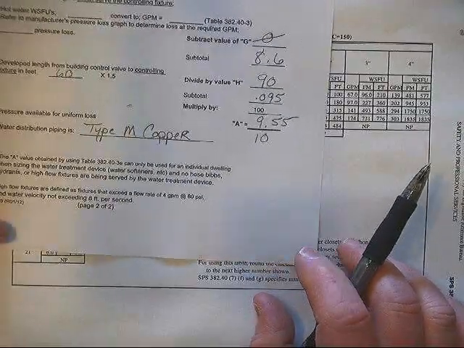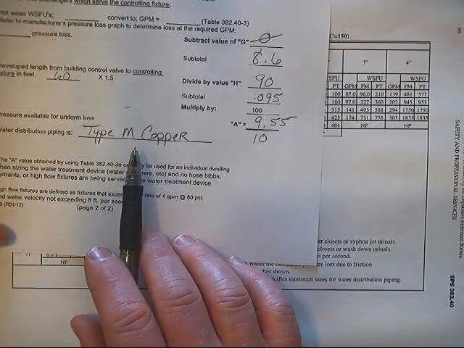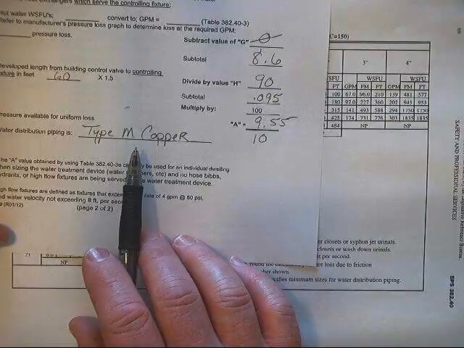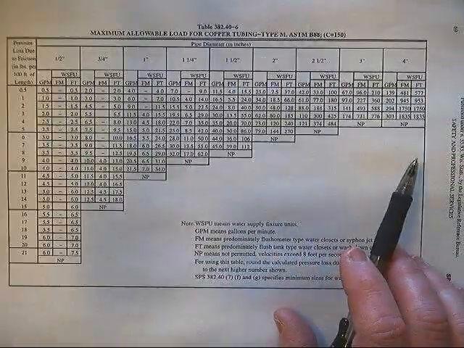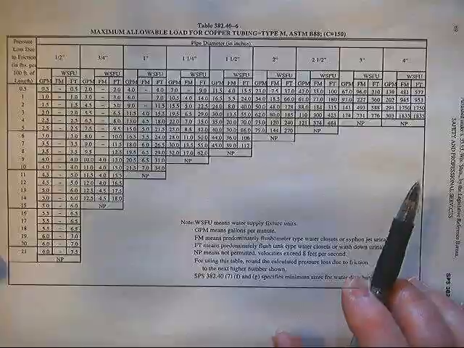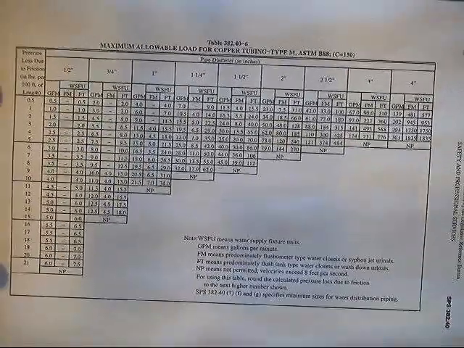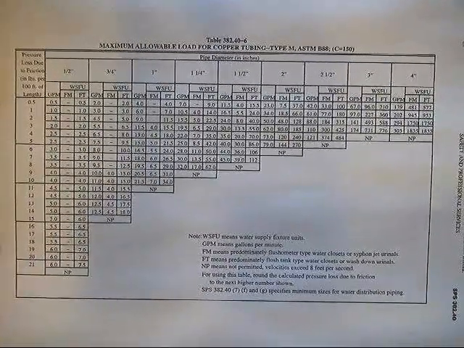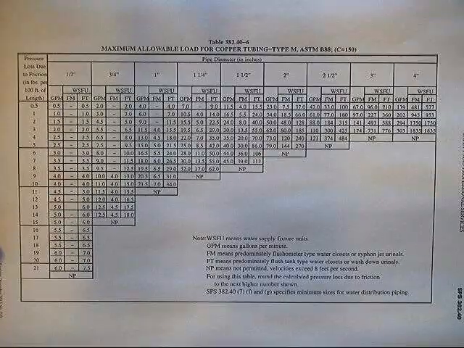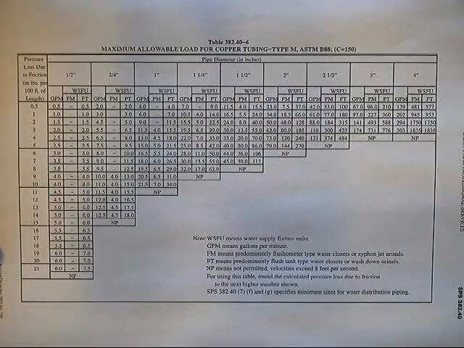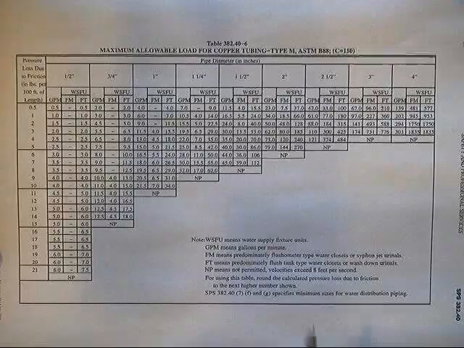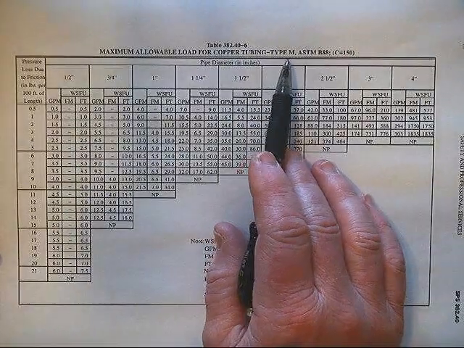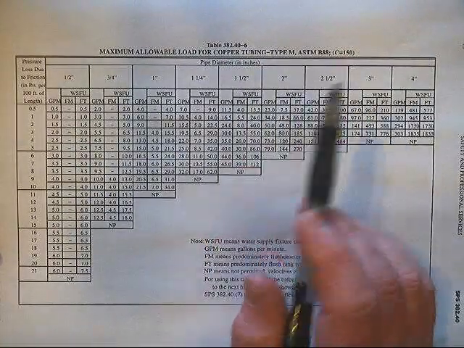Alright, so I've decided we're going to use type M copper as the water distribution piping. I'll then go back to the plumbing code and go to 38240 and find the tables towards the back. 38240, table 6, and table 6 will be type M, and that will be for my distribution